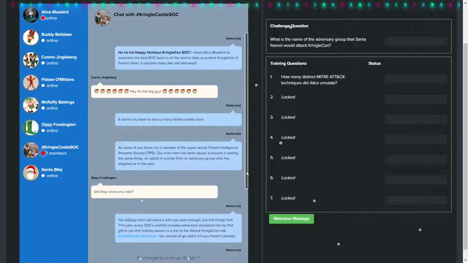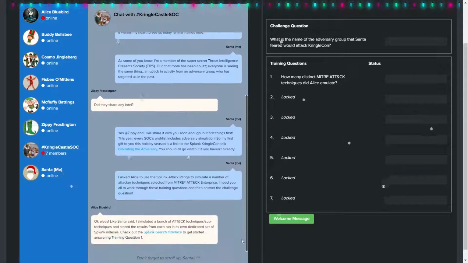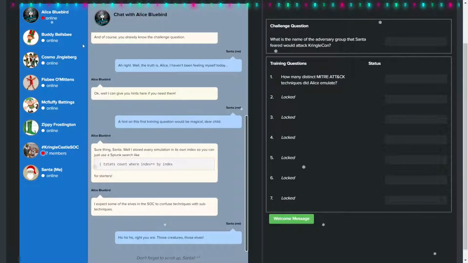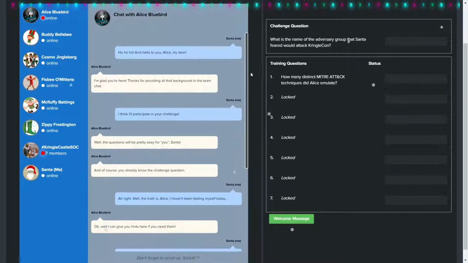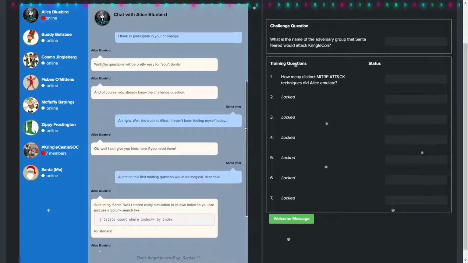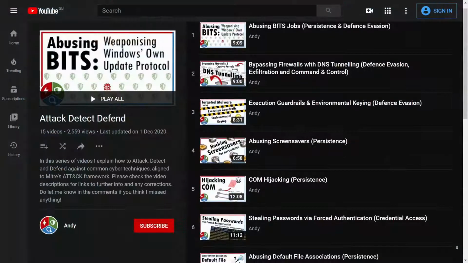There's a series of questions to answer, guided by a simulated conversation with Alice. Alice has simulated a number of attacks using the Atomic Red Team suite, and has arranged the events associated with each in its own Splunk index. The attacks launched by Atomic Red Team are aligned to the MITRE attack framework, which is also the same framework